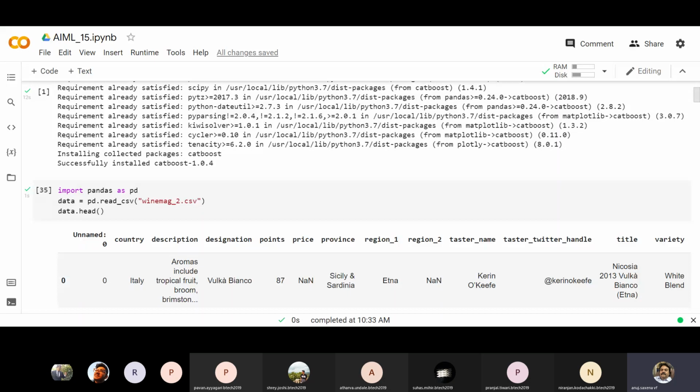How to stop the recording? It's not required now. Okay. So